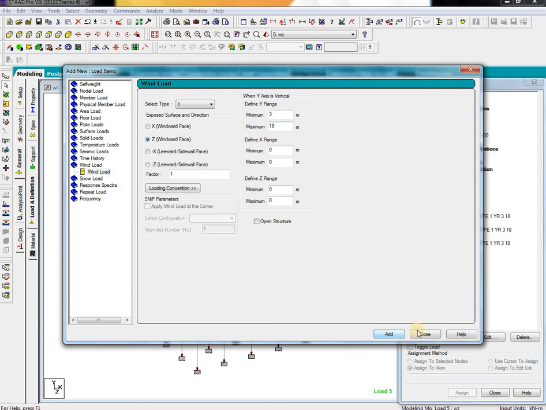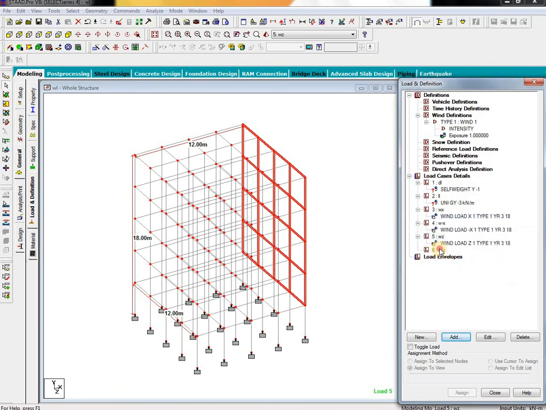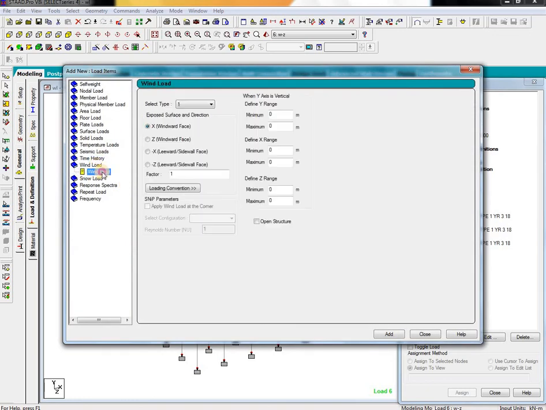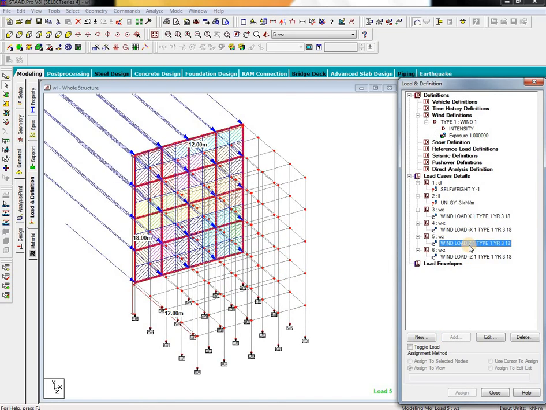Then add, close. Then go to Z direction negative, add, select the wind load, that is Z negative, 1, 3, maximum will be 18. Add, close. See, the wind load is assigned automatically, so no need to assign again.